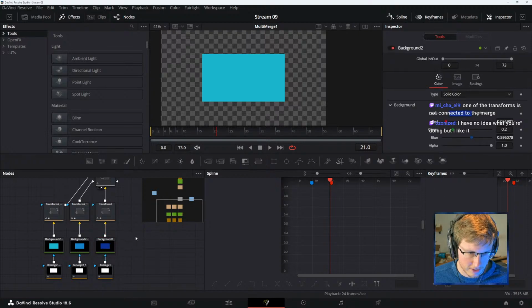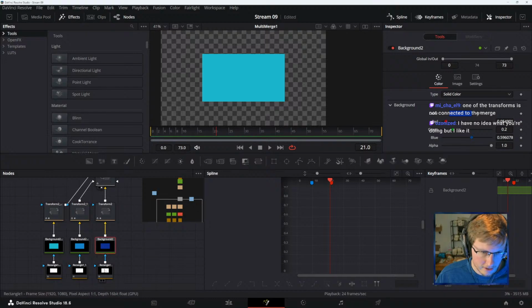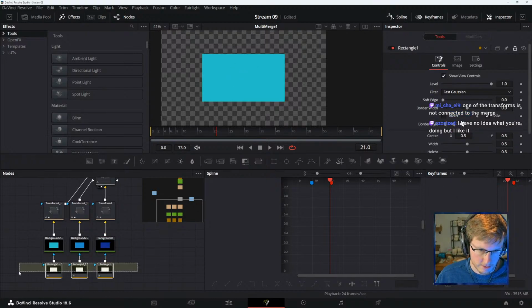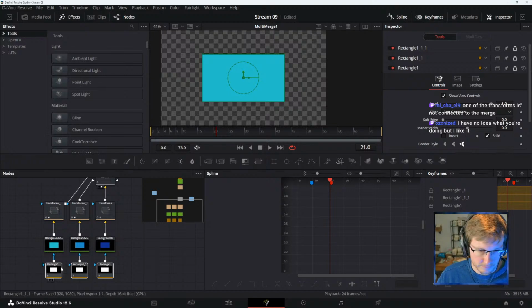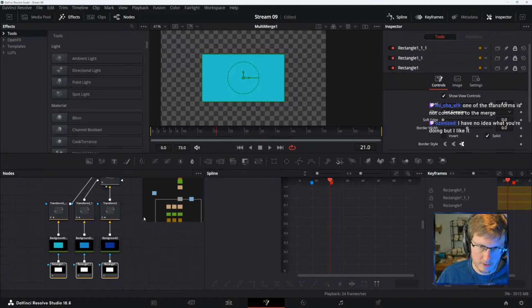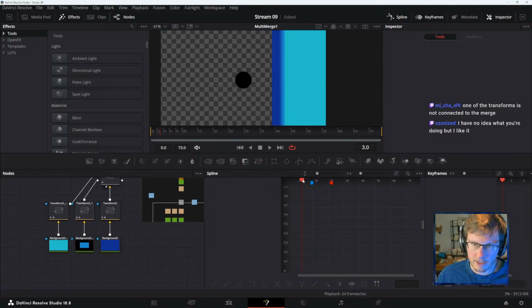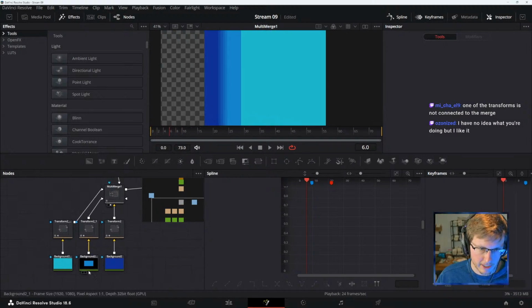I don't really know what I was doing either. I think it's something to do with thinking of a transition, because this shape could be anything. This doesn't even need to be rectangles. If we just delete it, then this is a cool transition in. Yeah, that's just a pretty cool transition in the making.